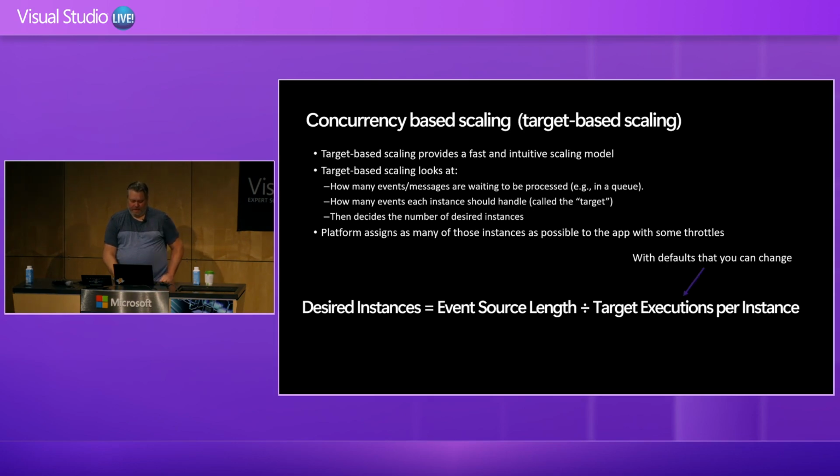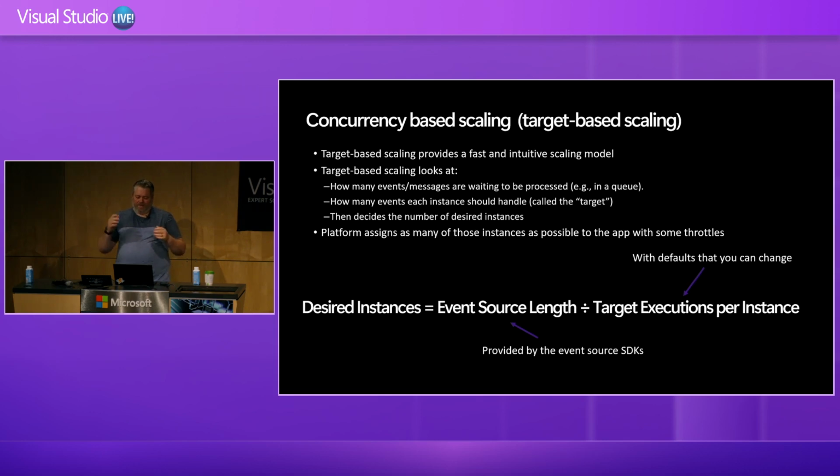And the platform, or the SDKs that our function apps look at, can tell the event source. So for HTTP, it's our Azure Functions front ends, or the front ends that we share with App Service anyway, but the front ends know how many HTTP requests are coming in. If it's Event Hubs, it's the length of all the unprocessed events across all the partitions in Event Hubs. If it's a queue, then it's the number of messages in that queue, on an Azure Storage queue or a Service Bus queue.